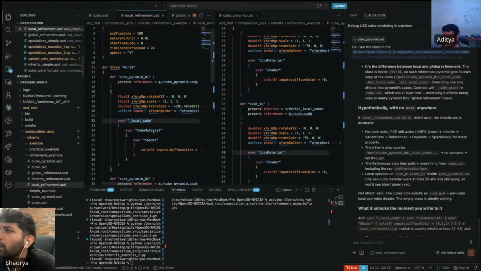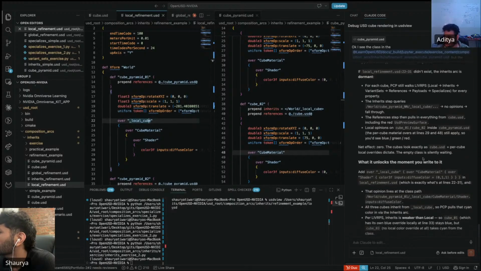Cube pyramid 1, what it unlocks the moment you write to it. Over, which is exactly